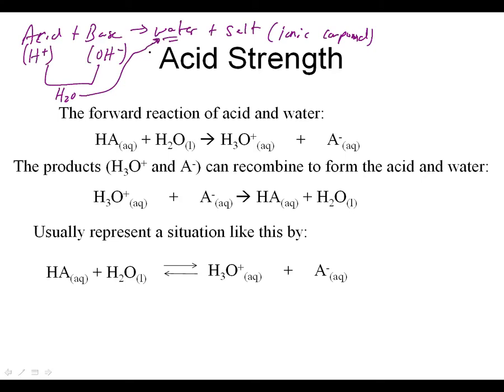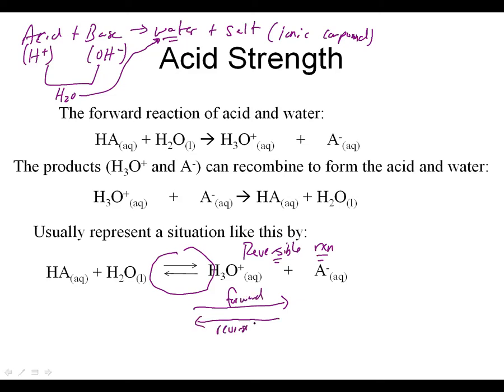And in certain cases, the products, that salt and water, can combine and come backwards. And we usually get this situation here where we get these arrows heading in both directions. So as we've talked about, this is again a reversible reaction. And we saw that kind of with weak electrolytes. And that means, again, it has a forward direction heading from reactants to products, and heading the opposite way, it has a reverse direction heading from products back to reactants. So at some point, the products will be there in enough concentration to have that reverse reaction start